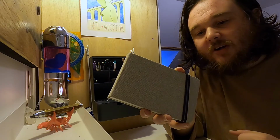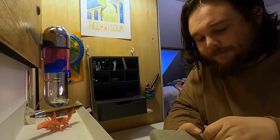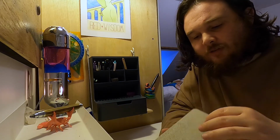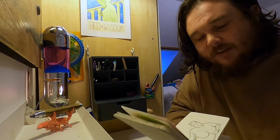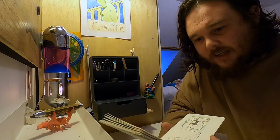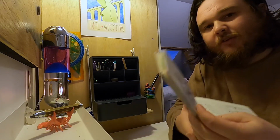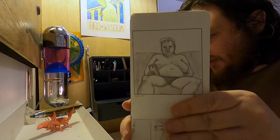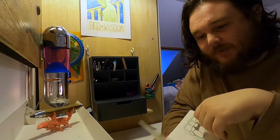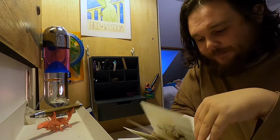This is a sketchbook I've been using for life drawing. As I say, I'm not the greatest draftsperson, I'm learning. But if I turn to the right page here, we will find an example of the kind of tight drawing that I was doing. It all gets very precious,